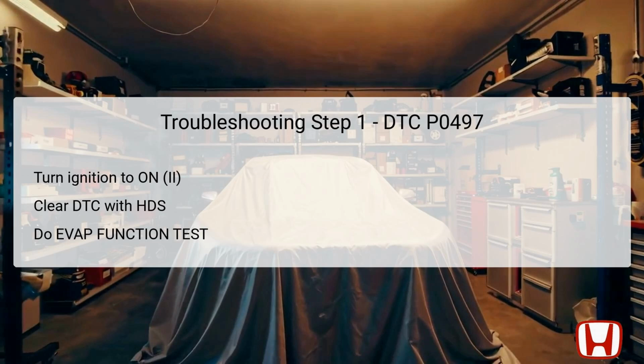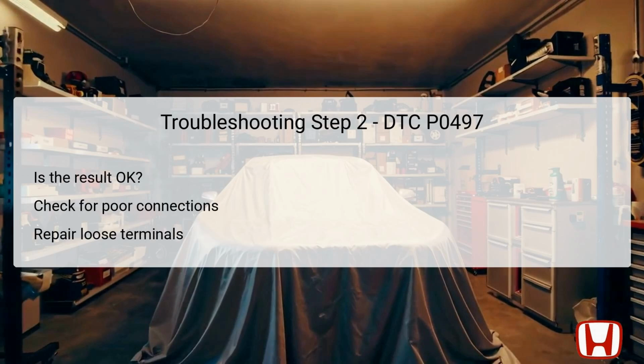The next key action is to conduct the EVAP function test in the inspection menu of the HDS. This test evaluates the functionality of the EVAP system components to determine if they are operating within the expected parameters. The results of this test will indicate whether the issue is intermittent or if further inspection is required based on the outcomes. Following the EVAP function test, the next step is to review the results to determine if they are